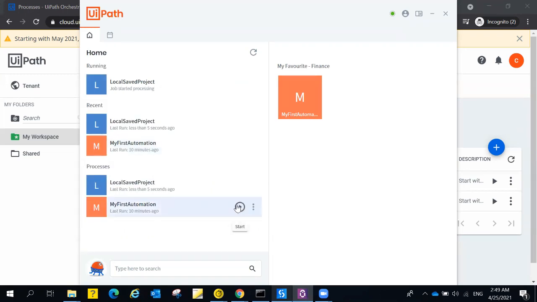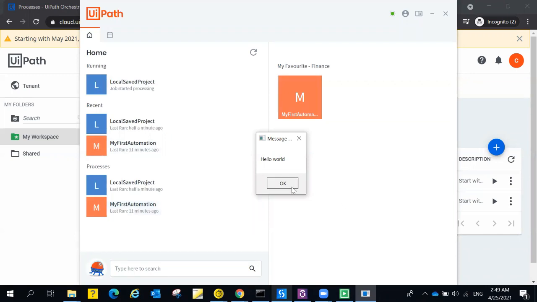So this is how you can actually publish your local project or from a local path to the orchestrator by uploading the package manually. For that, you first have to create the NuGet package file. So make sure you publish it in the form of NuGet package first at your local place, and then go to the orchestrator and upload it manually. So it has successfully run.